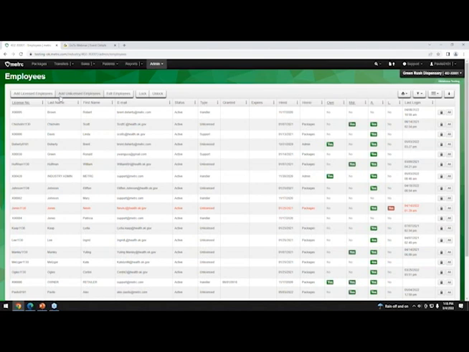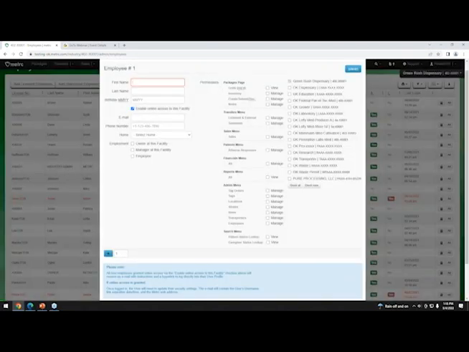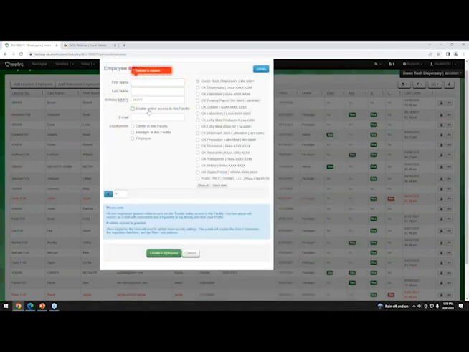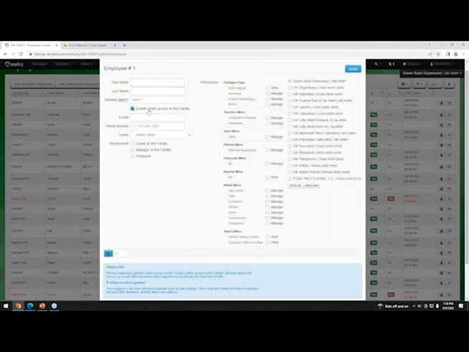The only ones that are currently being passed to us are transport agents. So you're probably going to be dealing with mostly unlicensed employees. So you'd select that, put in their first name, last name, and then month and year of birth. And then you can enable online access if they are working in Metrc, but if they're not touching Metrc, you do not have to give them access. You can uncheck that box. Most of them are going to be needing to use Metrc or have access to Metrc. You put in their email, their phone number, and they'd select the home page there.